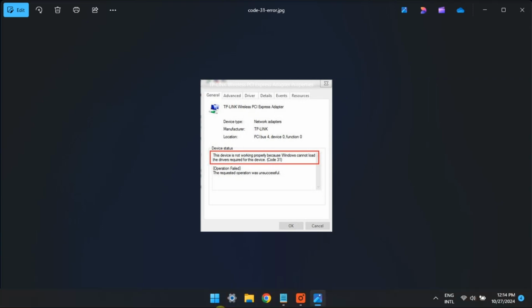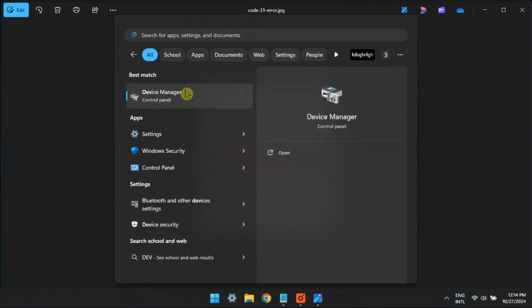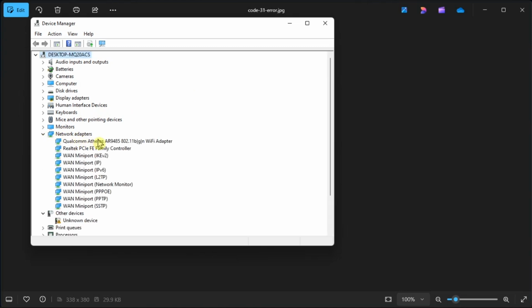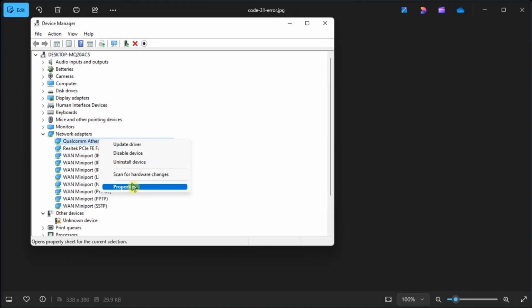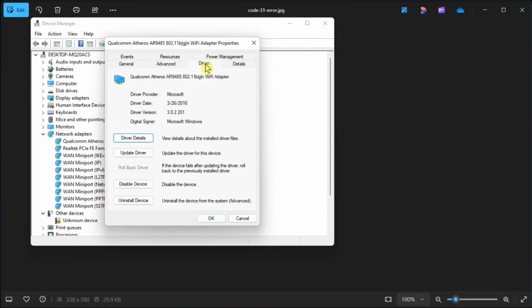Another method is to perform a driver rollback. To perform it, open Device Manager, expand the Network Adapter section, right-click on your network device, and then select Properties. Now you have to open the Driver tab, click the Rollback Driver option,